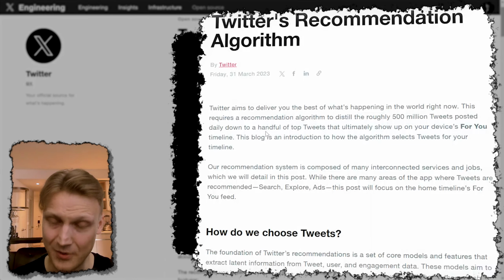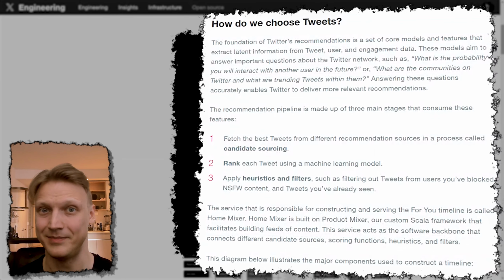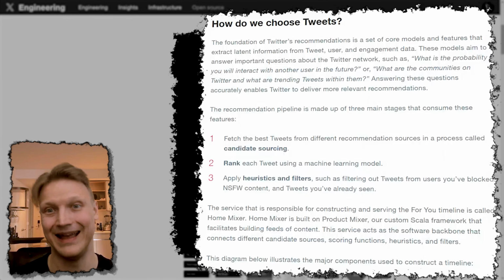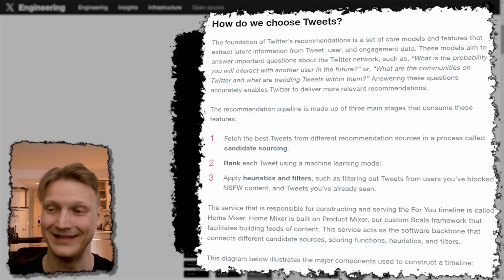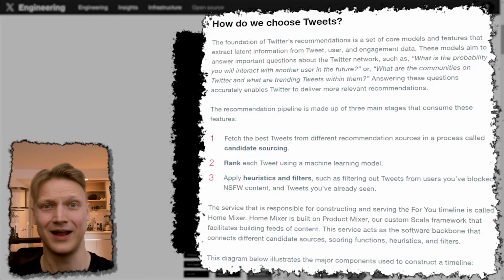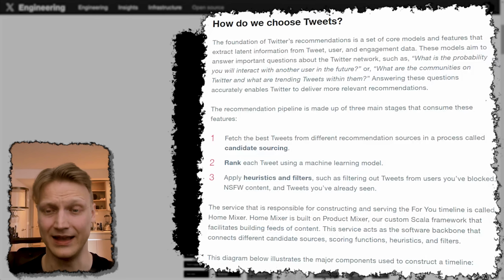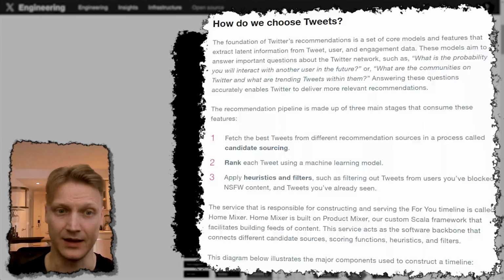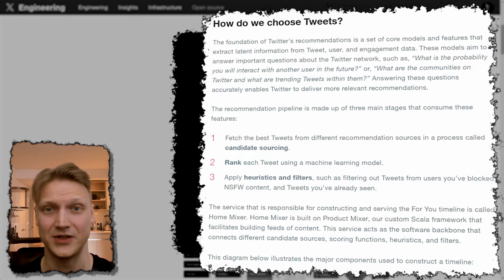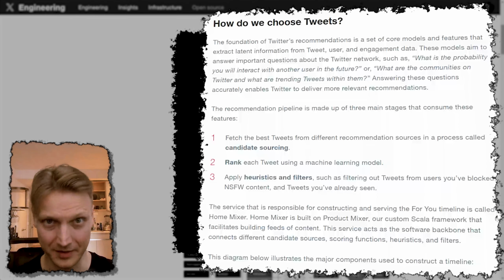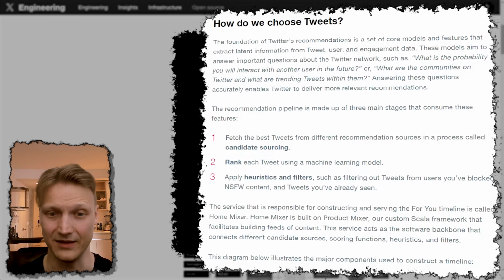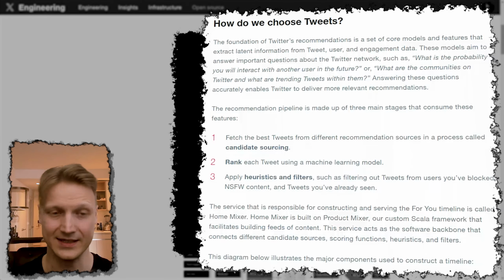So what Twitter wanted to do back in the days, and I've got to apologize to Elon Musk for not calling it X, though I think X is a cool new brand name. The reason is that Twitter has existed for virtually 15 years and they've built a lot of stuff internally, and now that it's released, every single doc refers to it as Twitter and it's all over the place. It just makes sense to call it this way for consistency reasons.